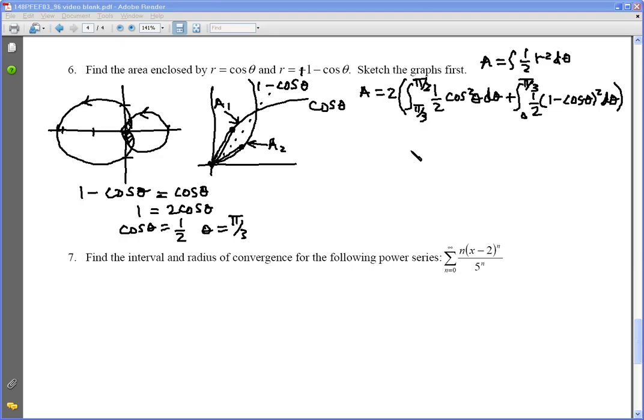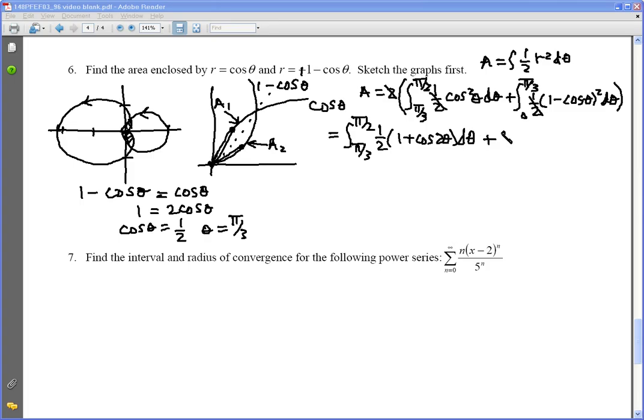And then I'll get you started on evaluating these guys. So this 2 here will cancel. We can multiply the 2 in and it'll cancel out these 1/2s here. So we want to do the integral of cosine squared, from pi over 3 to pi over 2. For an even power of cosine, we're going to use the half angle formula and do 1/2 times 1 plus cosine 2 theta d theta,